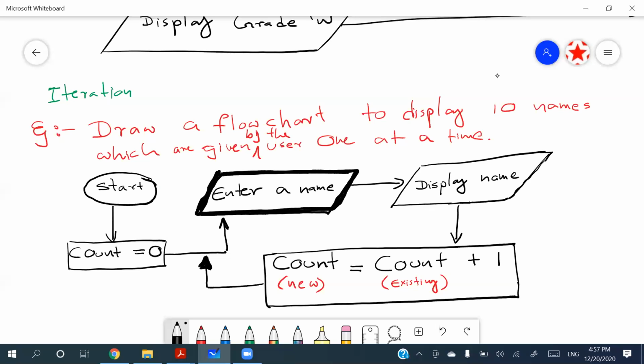So we start, count is 0, we get a name, display that name, count will increase by 1. We get the second name, display that name, count is increased by 1. We get the third name, display name, count is increased by 1. So likewise, I'll go for the 9th name, I'm getting the 9th name, displaying the 9th name, count is increased